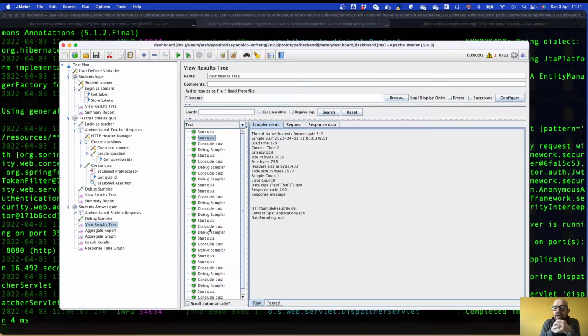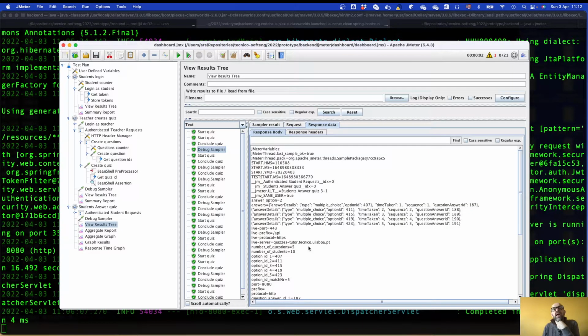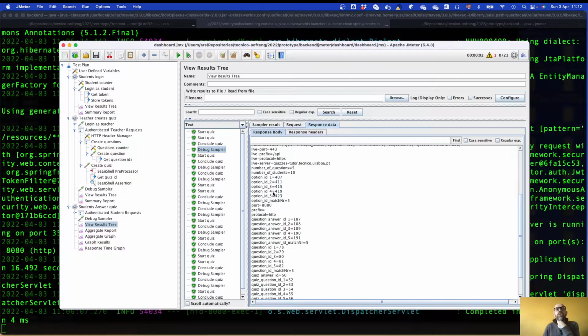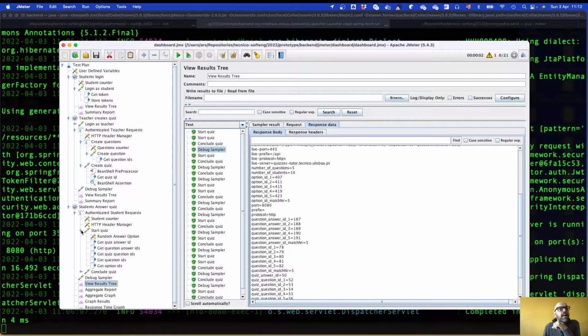So the students are basically answering the quiz at the same time. They're starting, they conclude, and you have the debug answer for each one of the debug samplers. Okay, and you see here the variables that each one of them use. In this case, it's interesting observing this question that we described, where we pick a different option randomly, so the students pick different options. Okay, and these are the option IDs that are collected,